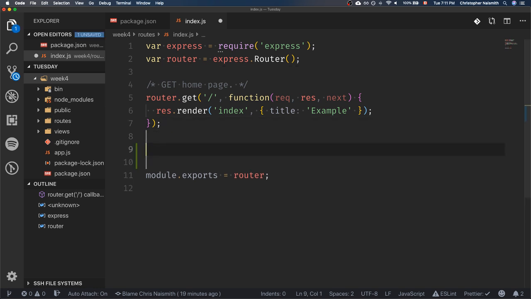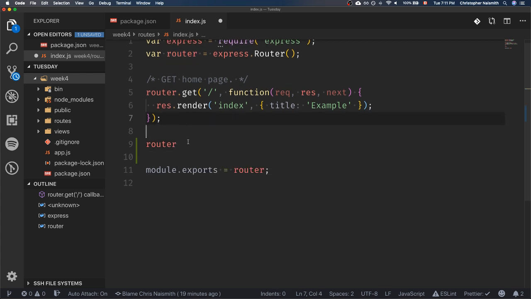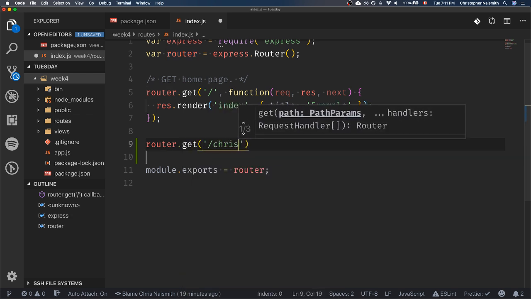Because we're already in our index.js, every route that is coming off of our index will go into here. So in this case, our index / and then Chris will work off of our index route here. So I'm going to do a get on /Chris,